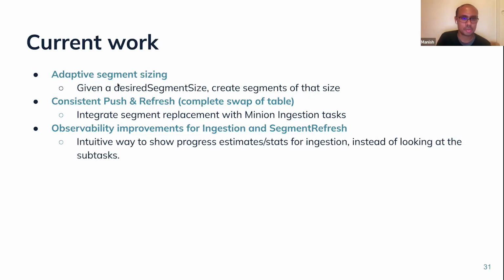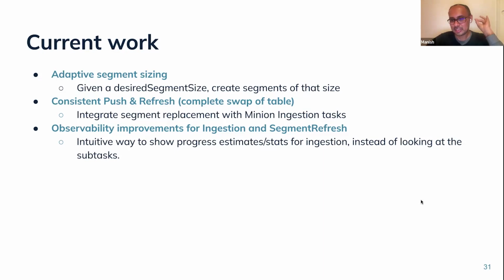I think we have some plans. We want to do this in open source as well. I think desired segment size, if it comes in open source, will address the segment size problem. You will be able to control it. But of course, we have also seen direct memory issues. Sometimes there is a column where the string size is like 5 meg or 2, whatever, it's really huge. And then if the data distribution is skewed and we have a very huge segment, we run out of direct memory. That's even harder to solve. Yeah.